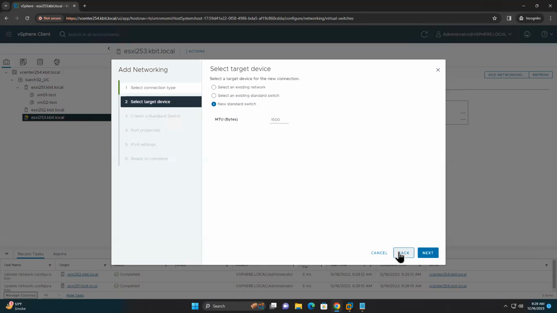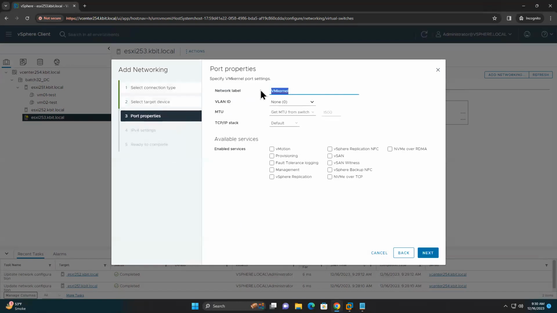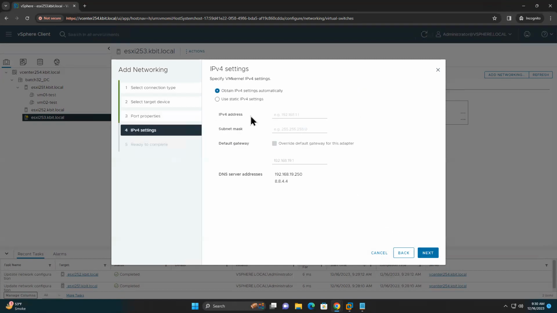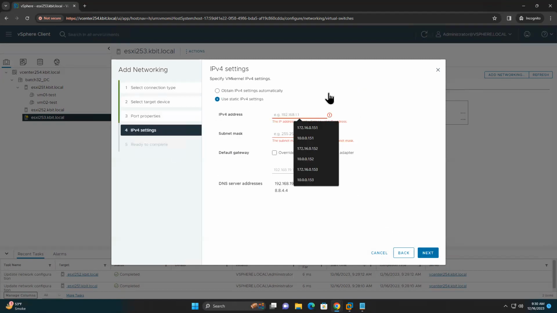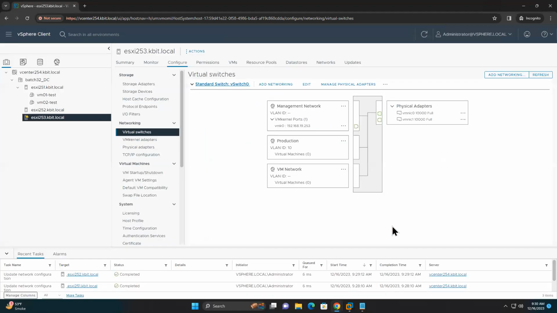Okay, sorry, I should not select that. Select an existing standard switch. Give it a name, storage network, 172.20.0.253. That's it, and finish. So on the same vSwitch 0, we have a storage VM kernel port group,